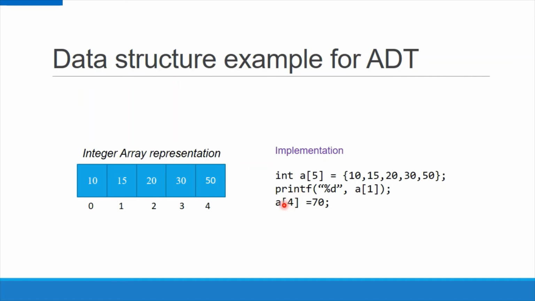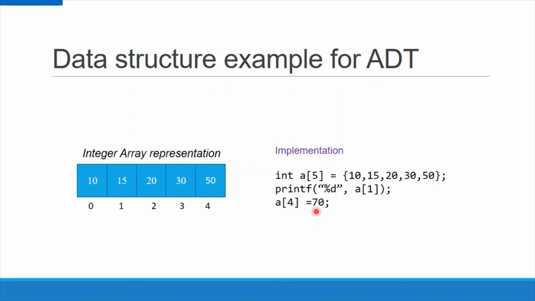Clear? And next I'm going to update my array element. So here a[4] = 70. This index 4 represents which element? At index 4, 50 is there, right? So I'm going to replace this 50 with this 70. So the statement will update 50 with 70. Clear? So like this I can insert as well as update a value with the help of